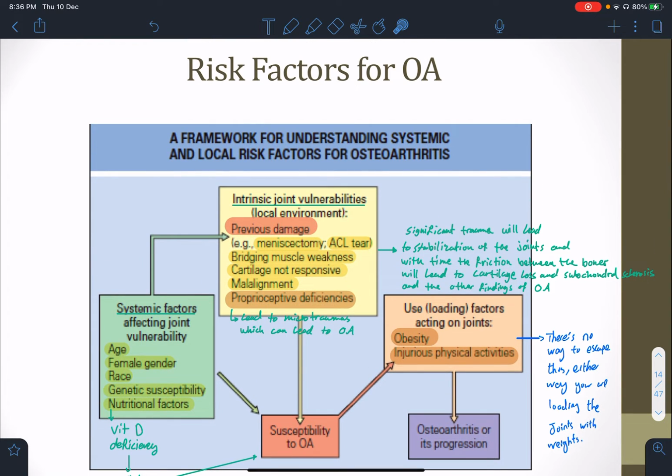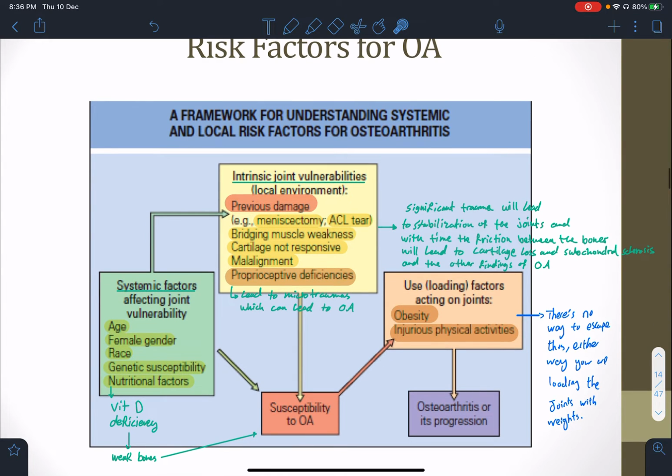So the risk factors for osteoarthritis, I've covered them previously, but I'll talk about them again. For systemic factors affecting joint vulnerability, you have age. The older people get, the more prone they are to osteoarthritis. Their gender, females are more prone, race, and genetic susceptibility, nutritional factors. Vitamin D deficiency might affect the bones, making them